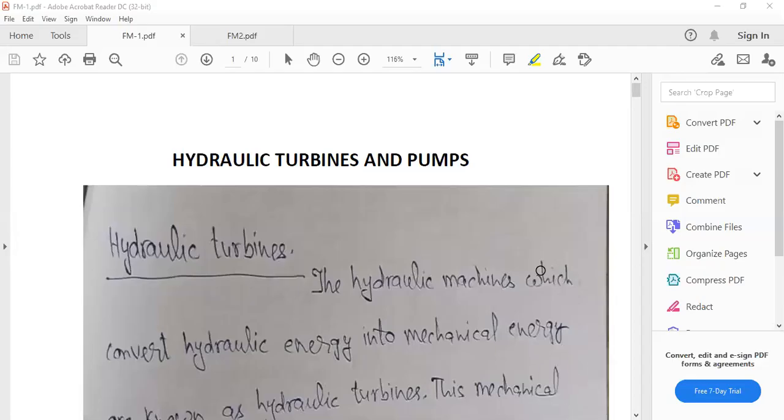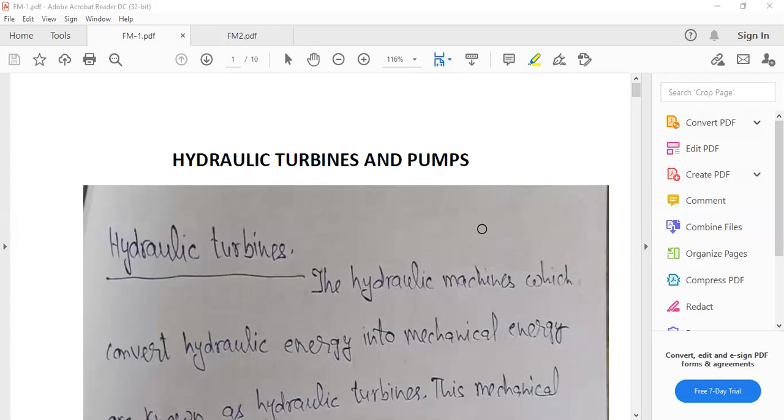So last time we discussed various properties of fluids. What is fluid? What are the various aspects of fluid? That is kinematics, fluid kinetics, and fluid statics. What is viscosity and other definitions related to properties of fluids. Pascal's law, Bernoulli theorem, all these things were discussed last time.